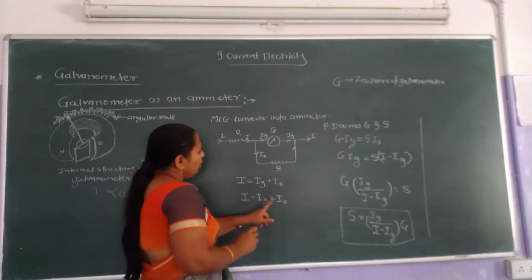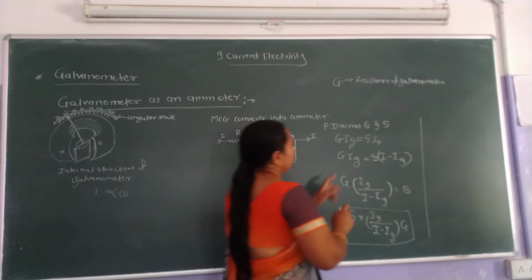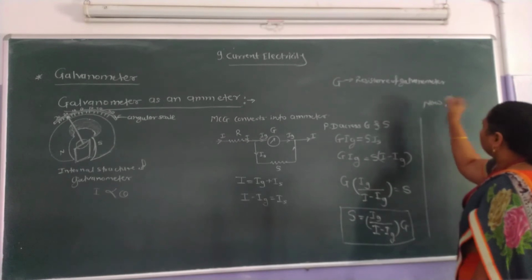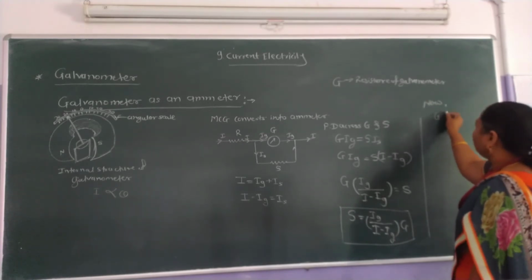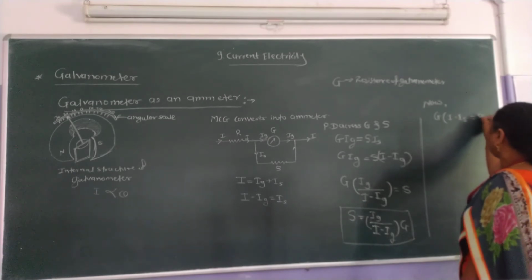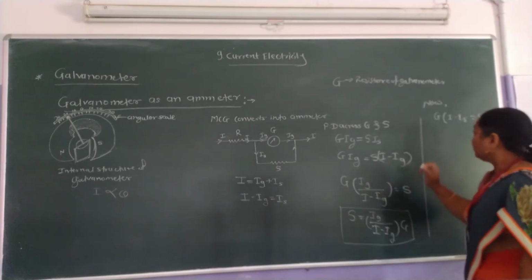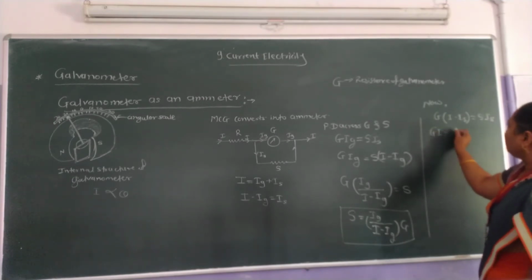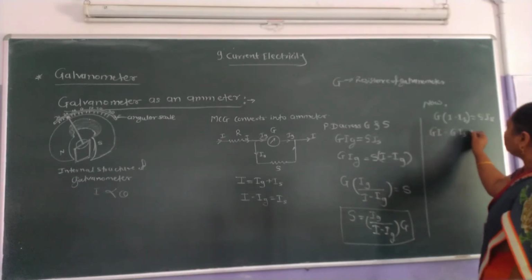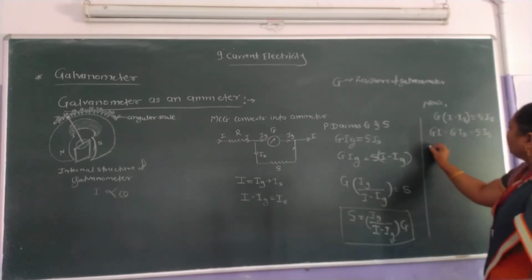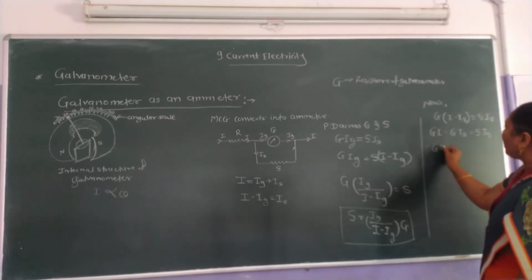Then G into I minus Is is equal to S into Is. Therefore, G into I minus G into Is is equal to S into Is. Therefore, G into I is equal to